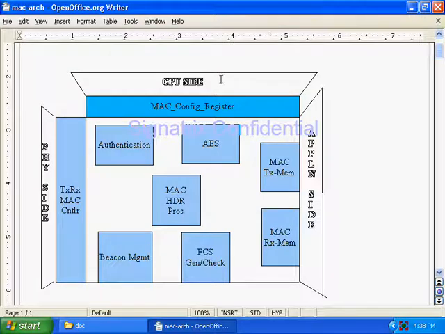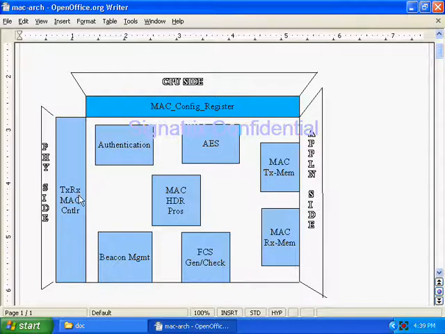The host, sorry, the CPU has to come and configure that address, so that while receiving I will check the incoming packet address against the configured address. If both are the same, only then I will start to process my received data. Like that we have so many parameters. While I am explaining my code, you will get more parameters. The CPU will come and configure the registers which all reside in this MAC config register module.